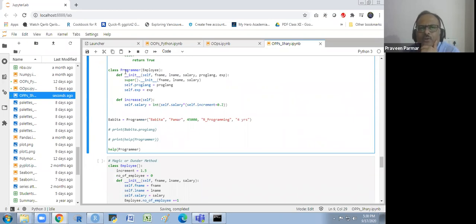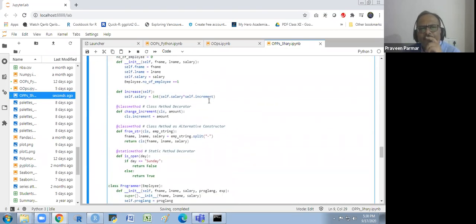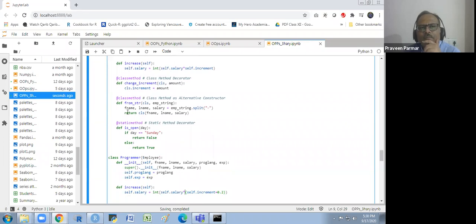So I could also define one more function here. I am taking the integer here. Self dot salary, which is from the main class, into self dot increment. Self dot increment you will see here.